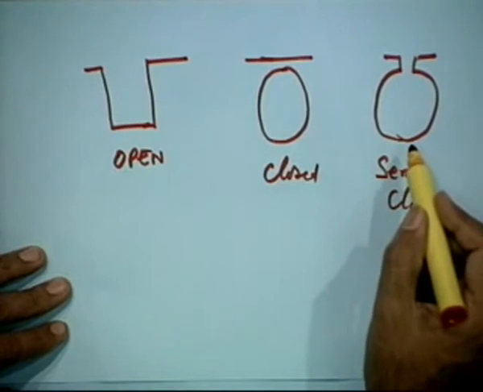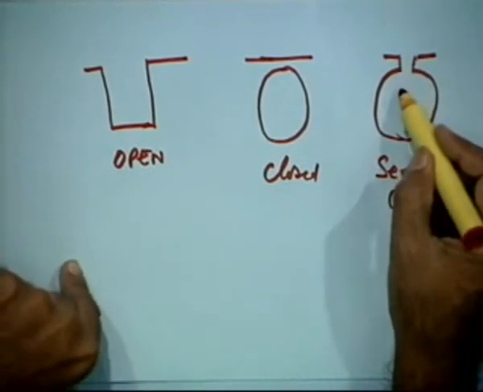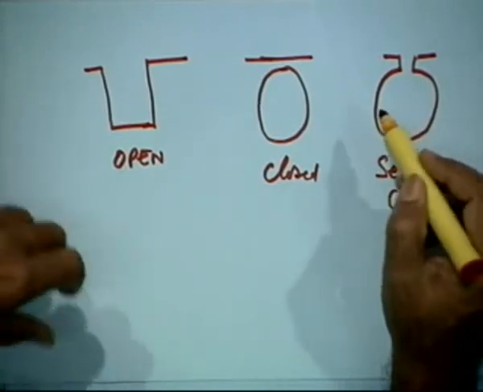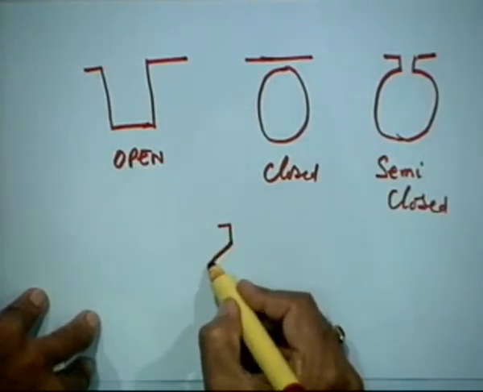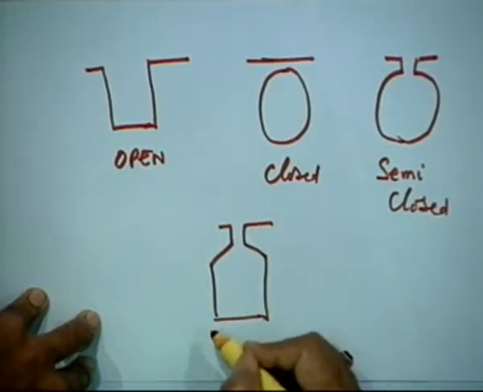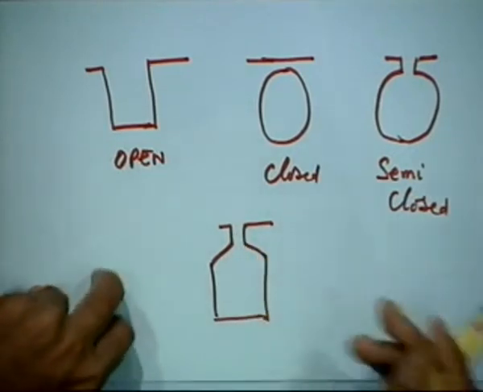So obviously, if you have multi-turn conductors in semi-closed slots, you can do it, because you go on putting one turn after the other, then you drive it inside. That's how it can be done. So the shape of slot is very critical. There are several types. For example, there are some which can have this type of arrangement. So you just push it inside, then put a wedge, and then put the conductors. All these things you may be able to see if you visit an industry making these machines.